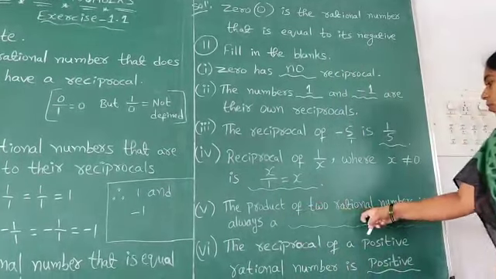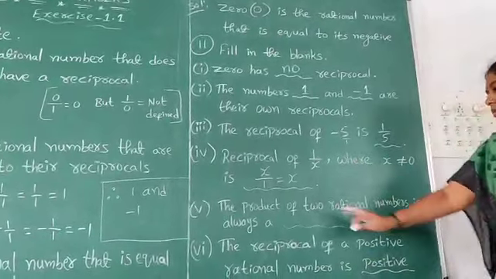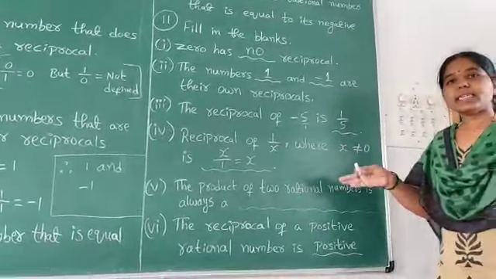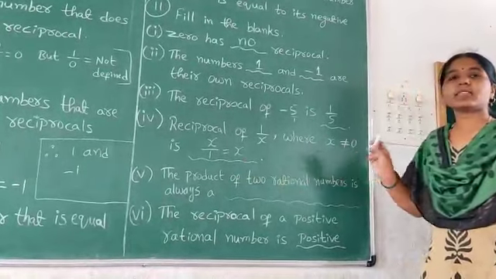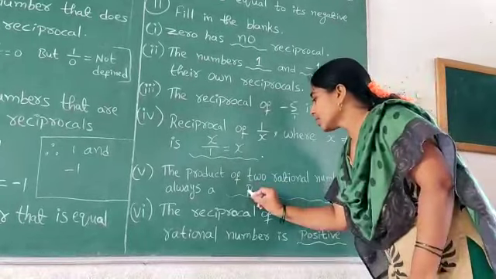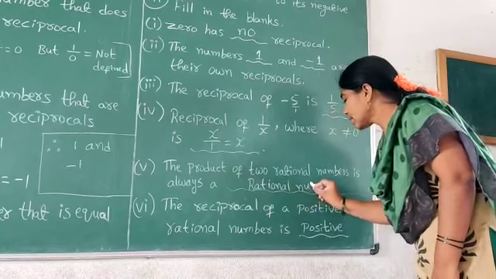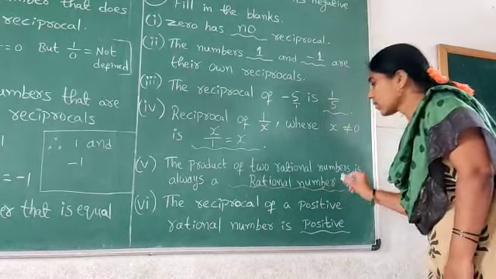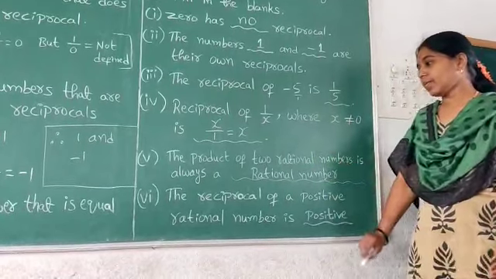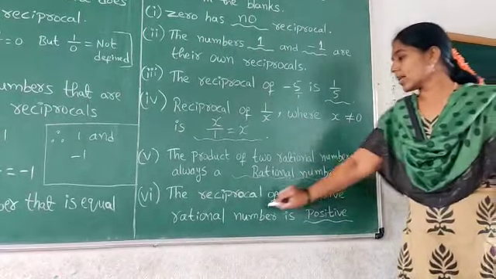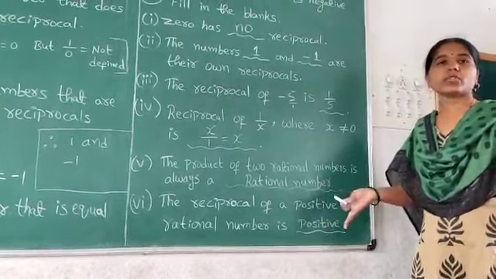The product of two rational numbers is always this one thing, children. Take any two rational numbers, multiply them and answer this question. The product of two rational numbers is always a rational number. The reciprocal of a positive rational number is positive. Why? Because if you take the reciprocal of a positive integer, again we